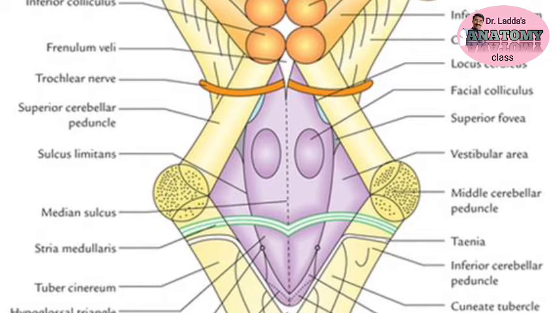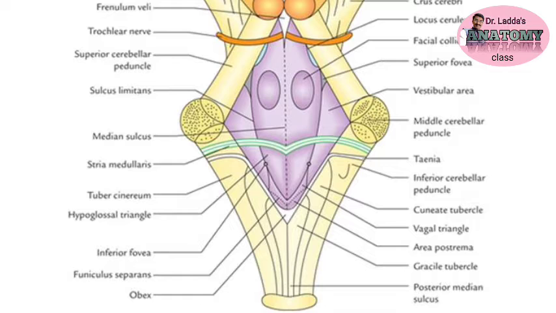These are the impressions. We said that at the lower part of this brainstem, some part of the medulla is playing a role in the floor of your fourth ventricle. It naturally shows the hypoglossal triangle, vagal triangle and all this. At the posterior aspect of the pons, we get those impressions along with the posterior median sulcus and other impressions. So this is about the external features.